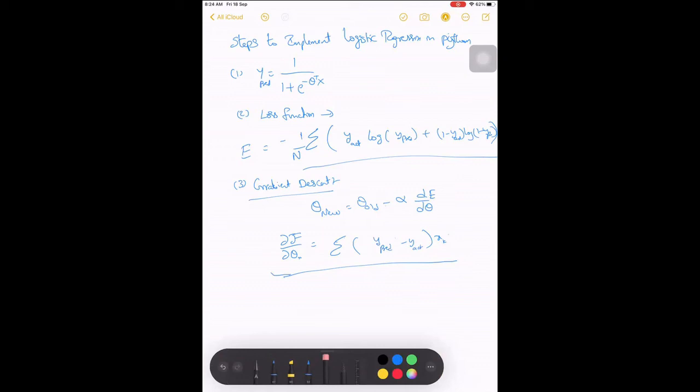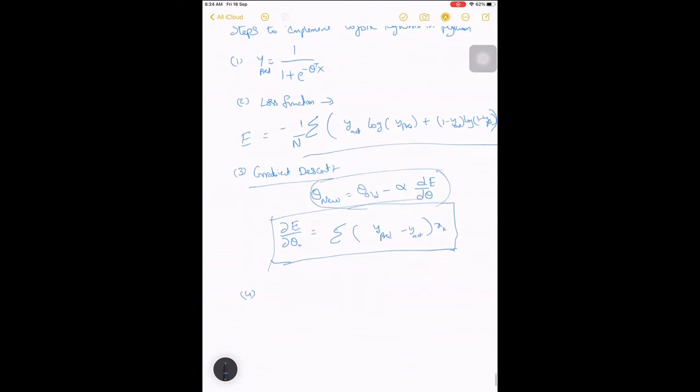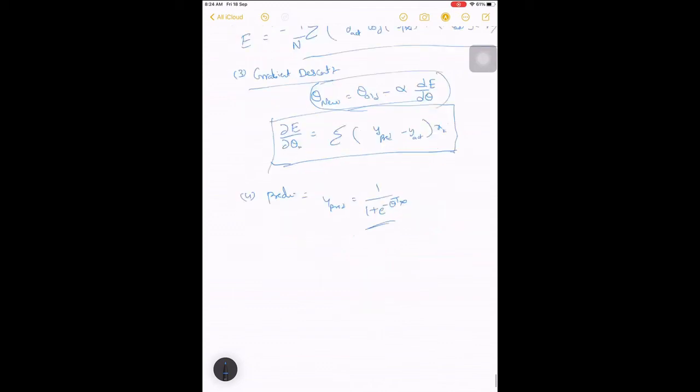Okay, so we have this gradient descent. The next part is also implementing this gradient descent, where new theta will be theta old minus this one. So that's it. Once you do this and run it for a few iterations, finally you'll be getting the prediction as what we have already written, right? 1 by 1 plus e power minus theta x. So you'll be getting this, and then you'll be able to predict. Similarly precision and recall, we can see those things once we have predicted. Okay, so let's jump into code.